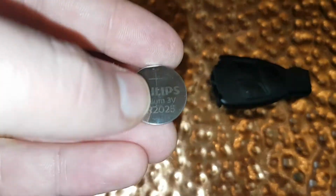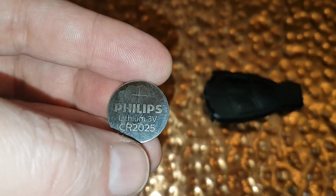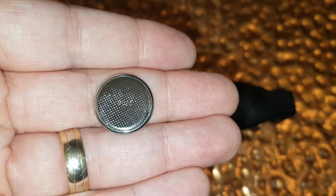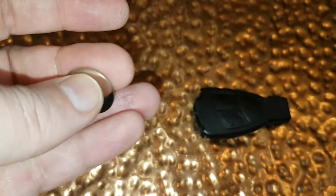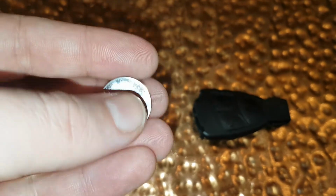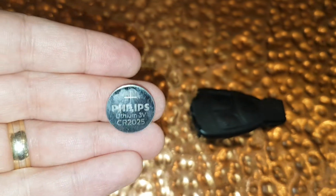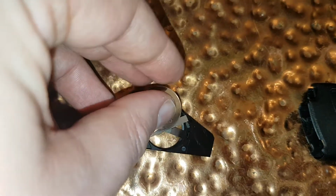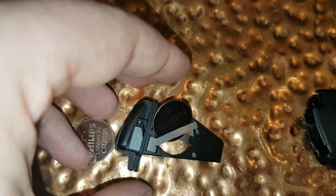Okay, now as you can see, there's a plus on this side, and on the other side, you've got nothing really. But trust me, the plus is this side with the manufacturer's name. The other side is the minus. So what you do is you slip it in like so,